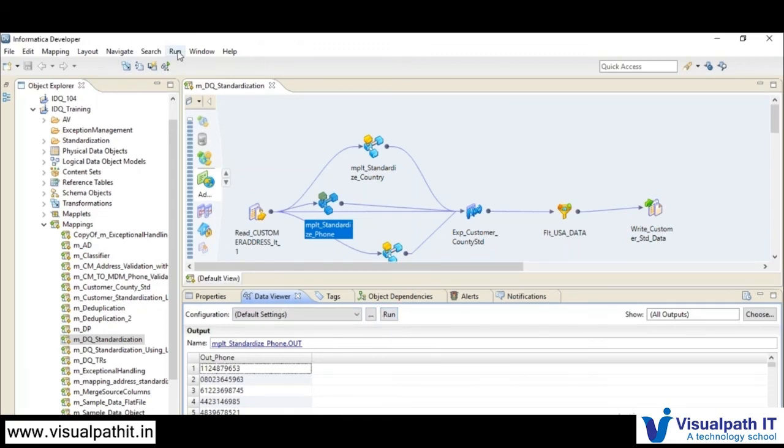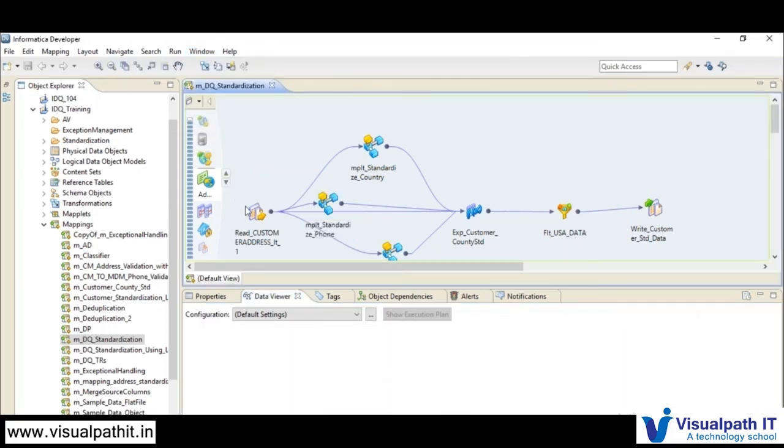That is the run option, and then in the window option we have reset perspective. This option is used whenever you want to restore the views you are seeing at this moment, like the workspace, the properties view, and the object explorer.